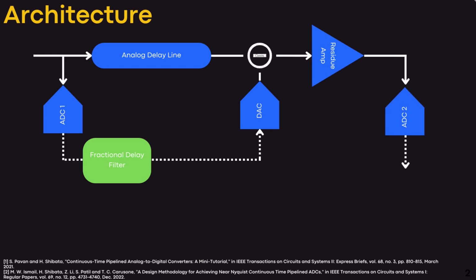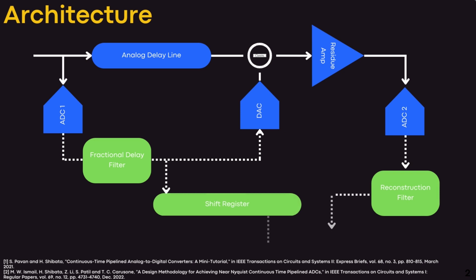Next, this residue signal is filtered to remove unwanted spectral components. Meanwhile, this signal is amplified to make sure that the quantization component from ADC1 is captured by as many levels as possible of ADC2. Finally, the samples from ADC2 are sent through a reconstruction filter to reconstruct the exact quantization noise which was generated by ADC1. This result will be added to the buffered initial samples from ADC1 to end up with our final output.